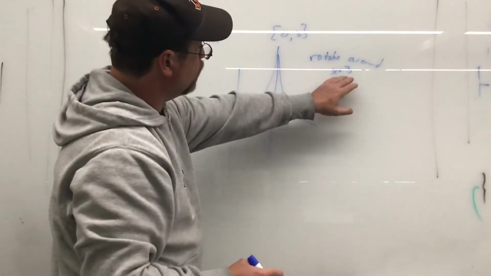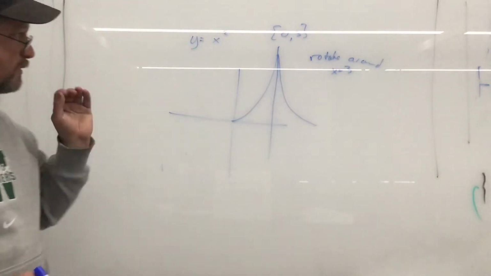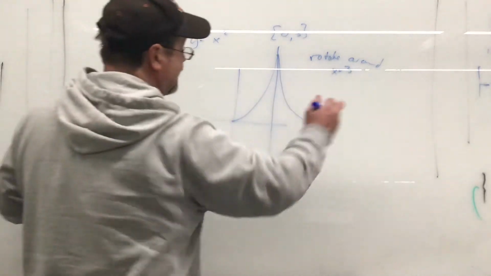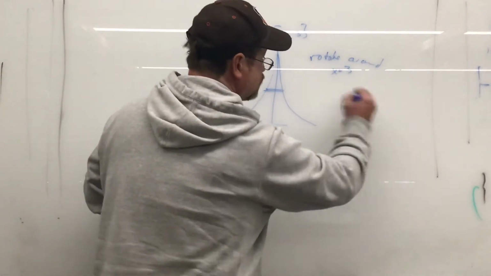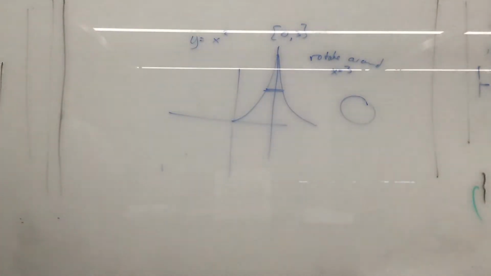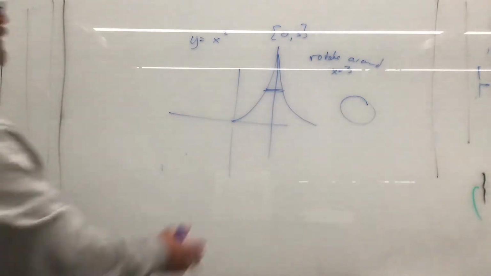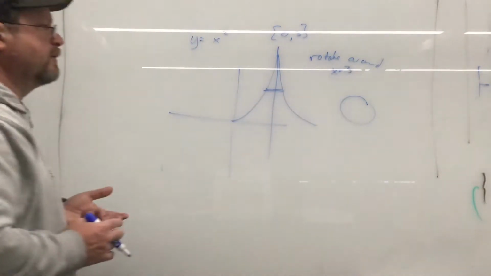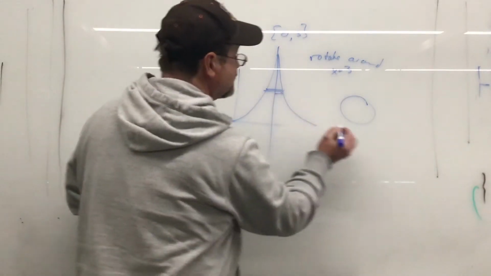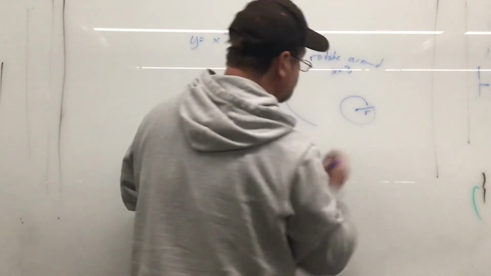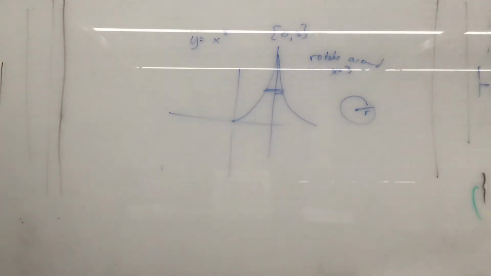Once I choose what I'm rotating around, x equals 3, what do I need to find? I need to do a slice. What does that slice look like? That slice looks like a circle. And I identify, in this particular case, it's going to be a circle without a hole. If I'd rotated around x equals 4, it would have had a hole in the middle, right? No hole here. It's just going to be a circle. I need to find out what that distance right there is, because that's the radius. And the radius is going to dictate what the area is, and the area is going to be what goes